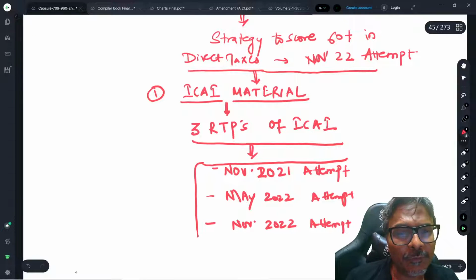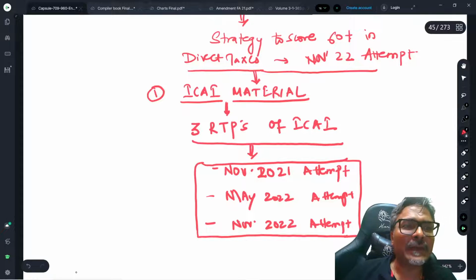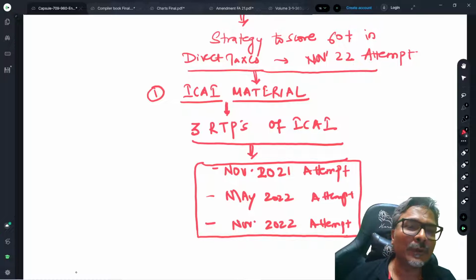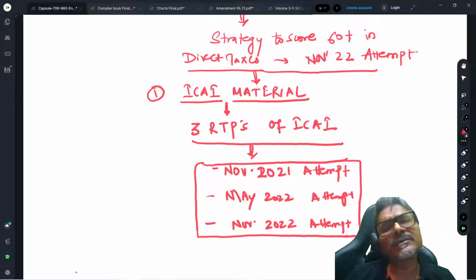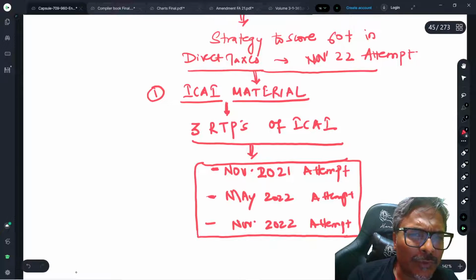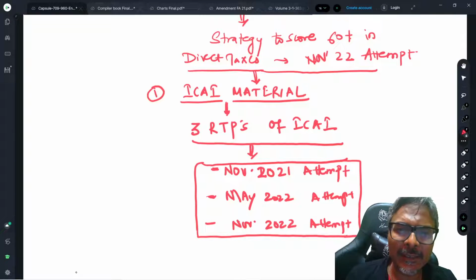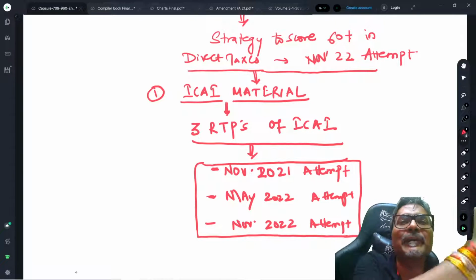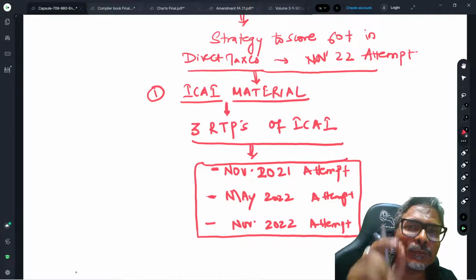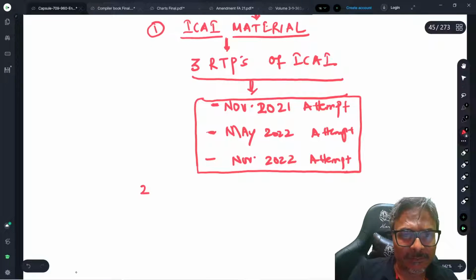So if supposingly you would not have done it up till now, primarily, then my humble suggestion to all of you would be, please do ensure to do these 3 RTPs without fail. Okay. आप बोलोगे सर व्हाट अबाउट नवंबर 22 आरटीपी, इट हैज नॉट येट कम. स्टिल नॉट एन इशू. तब तक जब आएगा तब देख लेना. एटलीस्ट यू शुड मेक इनफ ग्राउंड टू कवर इट अप दिस 2 आरटीपी ASAP बिकॉज दिस इज ऑलरेडी अवेलेबल. तो आप थोड़ा टाइम निकालें और ये 2 आरटीपी को जल्द से जल्द आपको क्या है कंप्लीट करना है. दैट इज वन ऑफ द मोस्ट इंपॉर्टेंट पर्टिकुलर strategy that you should be following in this regard.